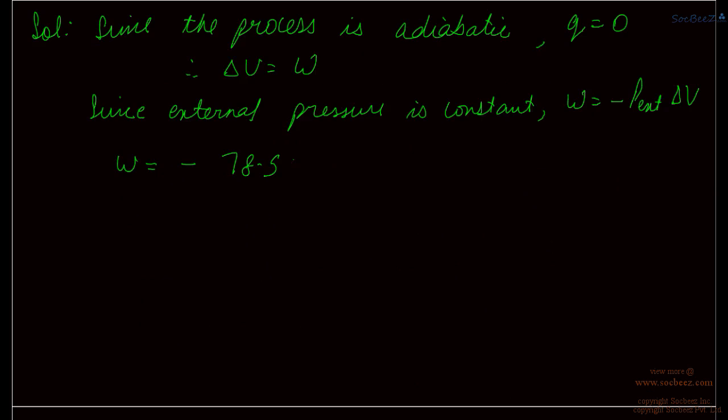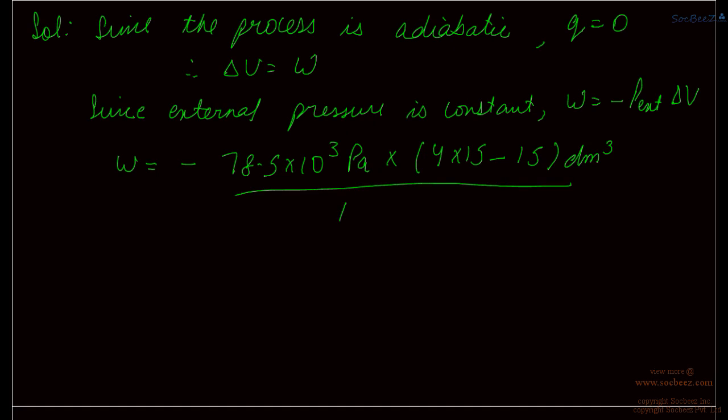So work done will be minus 78.5 into 10 raised to power 3, since the pressure was in kilopascal, so we have converted it into pascal, into, now final volume is 4 into 15 decimeter cube, and initial volume was 15. So change in volume will be 4 into 15 minus 15 decimeter cubed divided by 10 decimeter per meter. This is just to take care of the units. Okay, so from here the value of work done comes out to be minus 3.5 into 10 raised to power 3